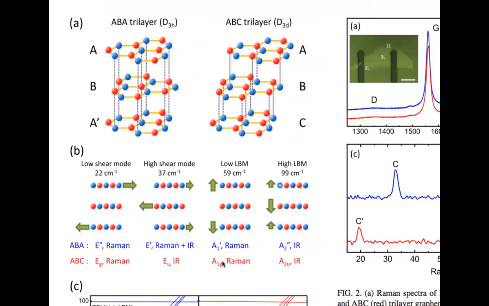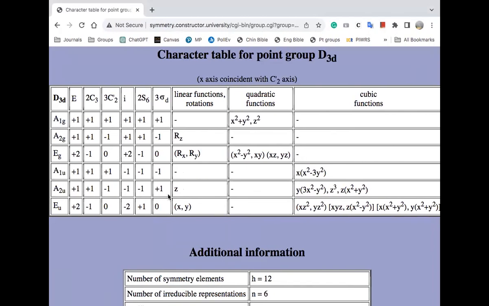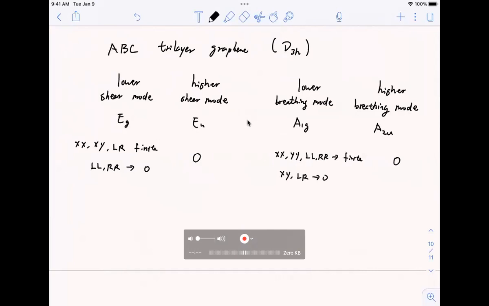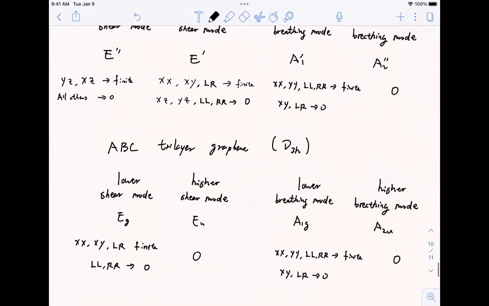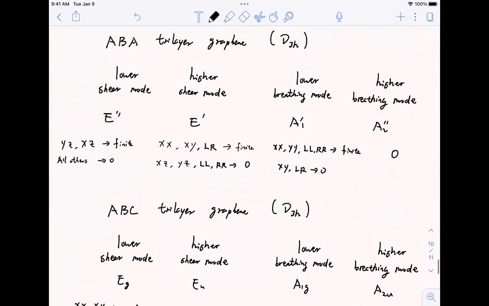Okay, then this A1G is just this one. This means it's a diagonal element. Diagonal matrix means just the same as this one. Okay, I think that's it. So these are the summary of all the Raman selection rules with the polarization. So you're going to deal with them one by one in your measurement. Okay, so now